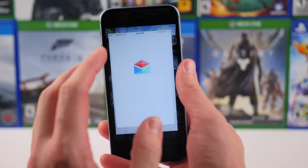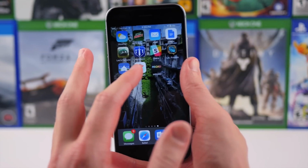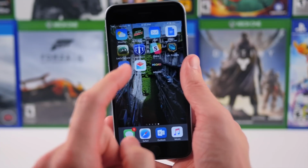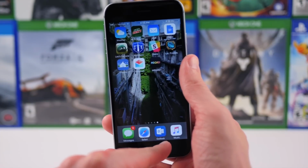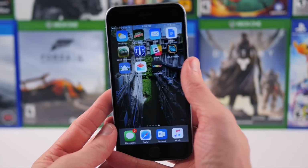Polymail is one of the best email applications I've ever used. I believe it's still in beta. I've got some personal emails in there, and I'm calling it now. Polymail is going to be the next big thing, and it will probably be on my dock the next time I make a what's on my iPhone video, replacing Outlook. And finally,